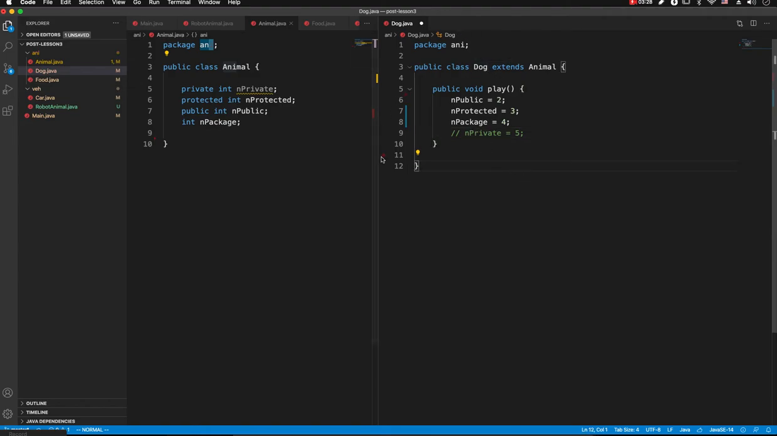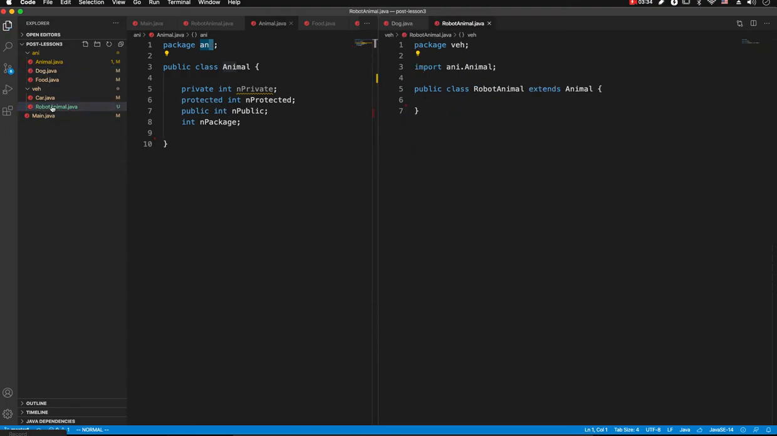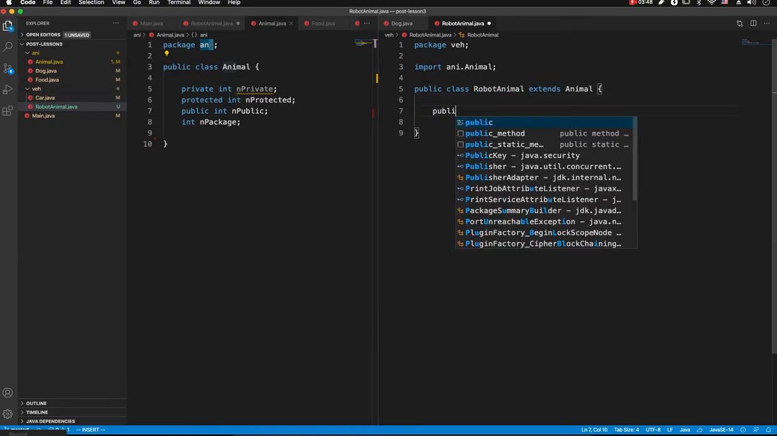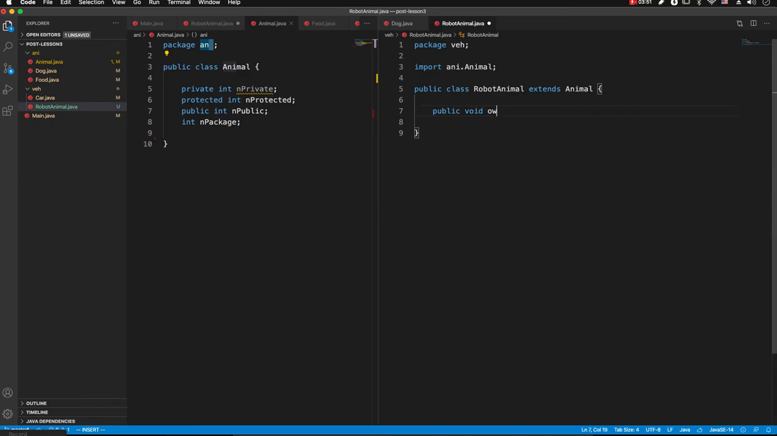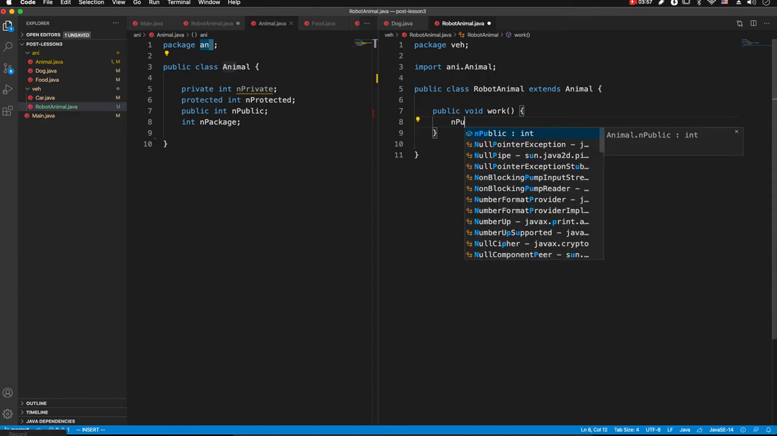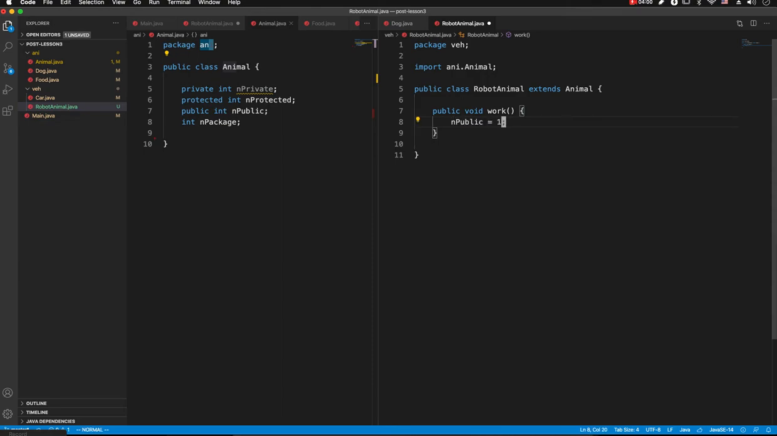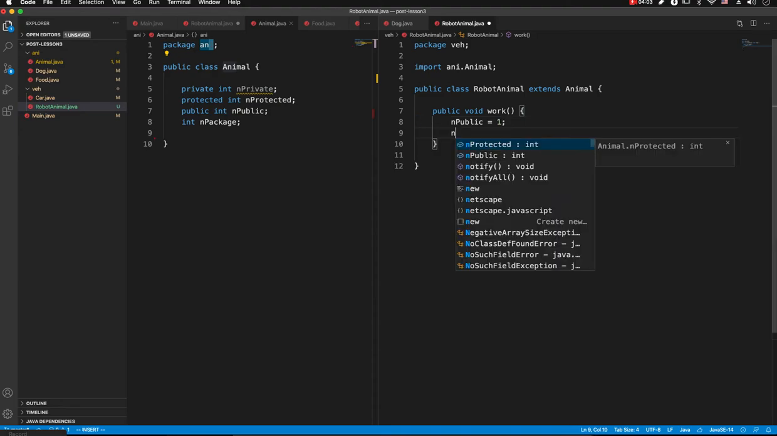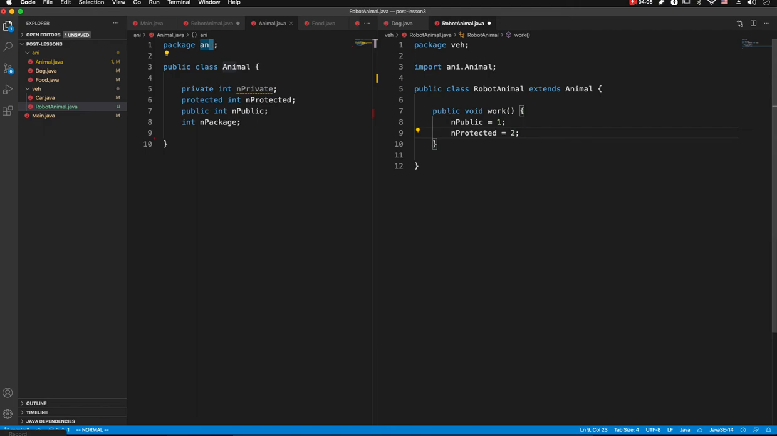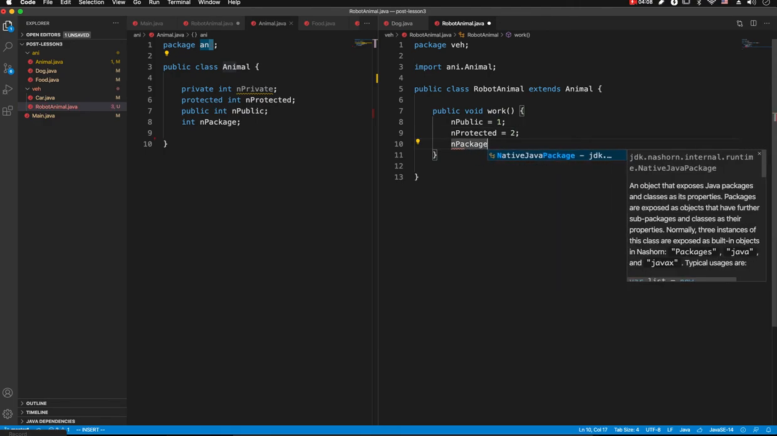So that's a subclass. Let's have another subclass, which is a RobotAnimal, which is a subclass of Animal, but that RobotAnimal is in a different folder compared to Animal. So Animal and RobotAnimal are in different packages. In that case, what happens? Let's see that, suppose in a method. Of course, I can have access to public. Always public access is allowed. Since this is a subclass, protected access is allowed. But if I try package access,